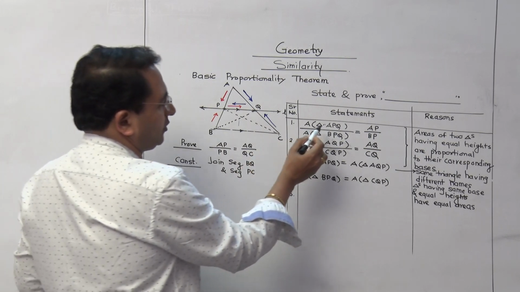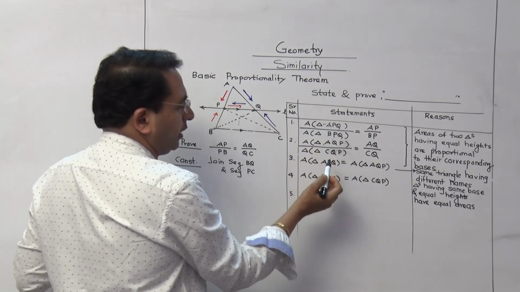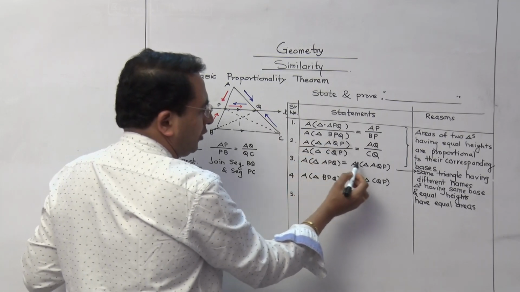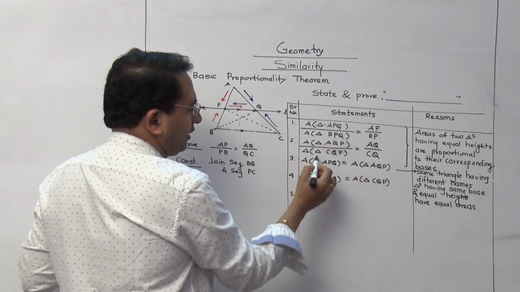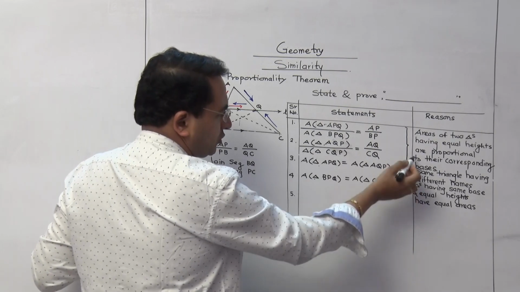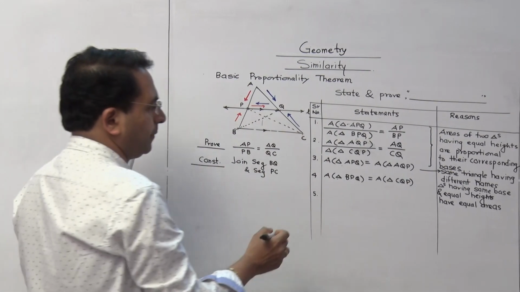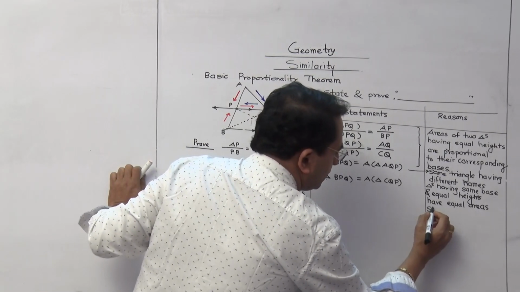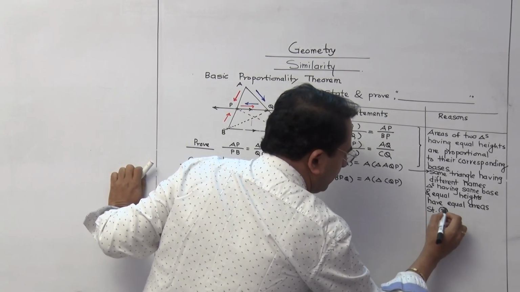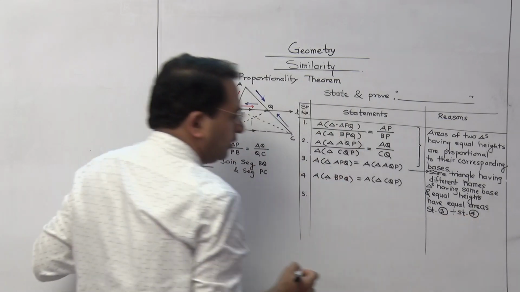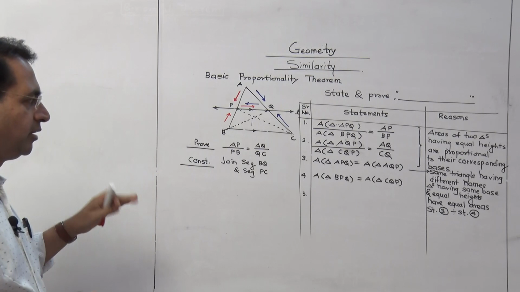First, we have named the triangles, and two ratios we have written. Two numerators we have written in front of each other, and two denominators we have written in front of each other. You must have understood the reasons for this. Now I will go one more step. I am writing statement number 3 divided by statement number 4.